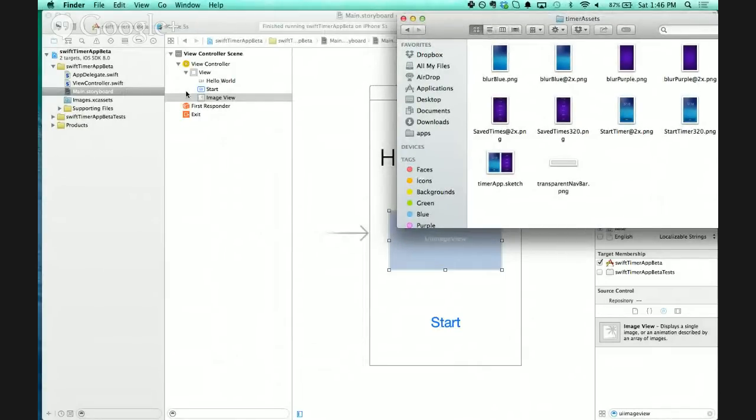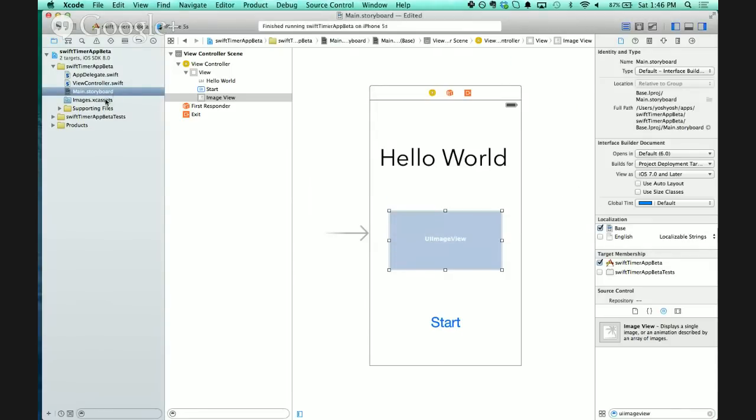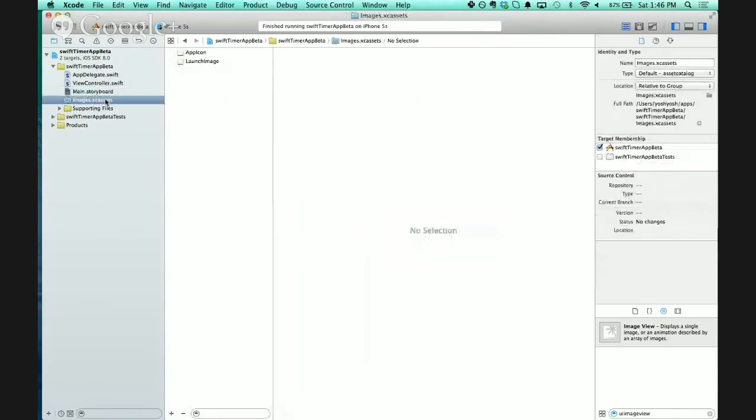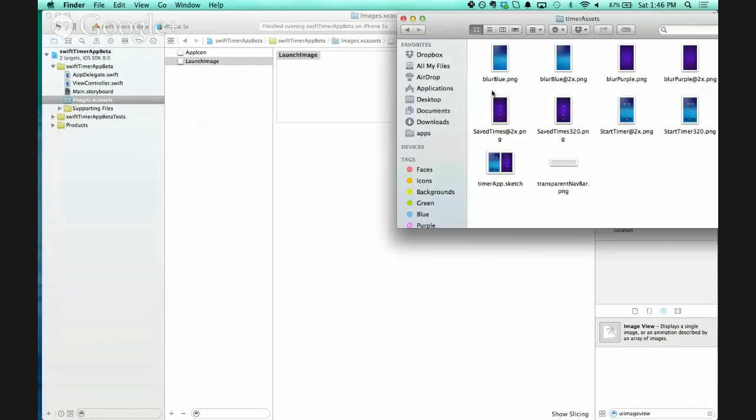And the reason why is because the iPhone needs to account for Retina screens, so it uses 2x pixel density. So now you want to go back to Xcode, and underneath Storyboard you should see Images.xcassets. This is the folder where you put all of your image assets. You can see App Icon, so those nice icons you see on your screen, that's where you set them. Launch Image, so when your app is loading on first load, that's where you set this. But what we're going to do is just add our image assets to this